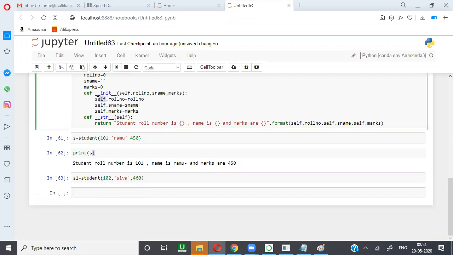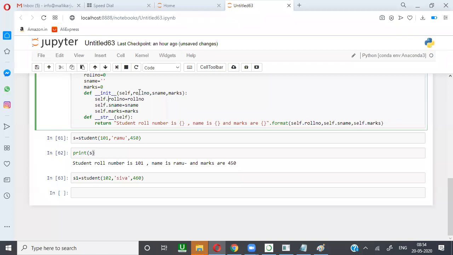So self indicates it is related to S1. When you are working with S, it is saying that self indicates S. So to differentiate the objects, we go with self. If you didn't mention self, it will give an error. You must and should mention self.